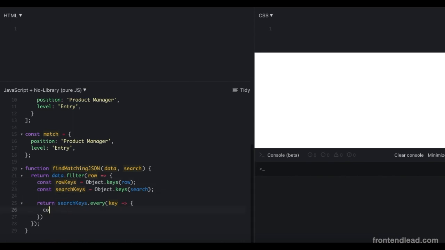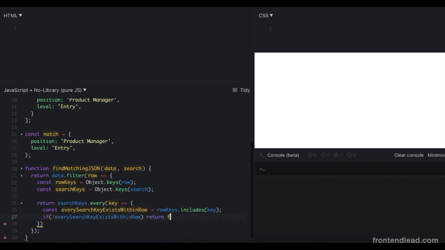So we'll say const everySearchKeyExistsWithinRow, so rowKeys.includes(key),